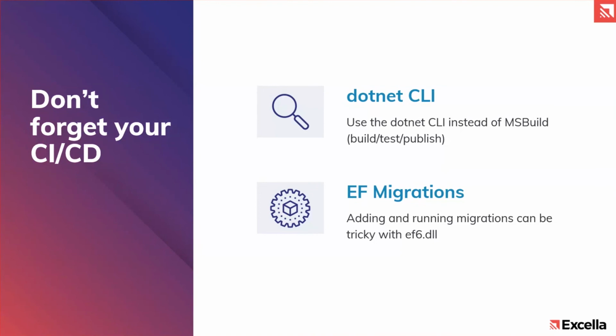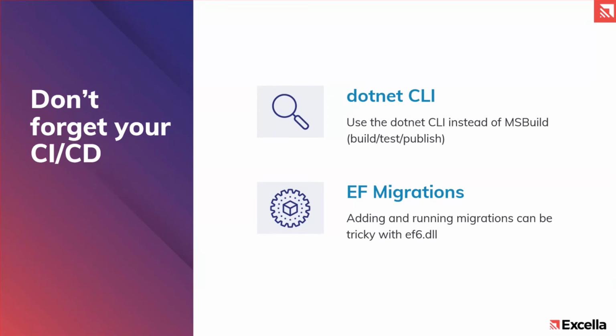So I think most of you will use MSBuild right now if you're on that framework. You will instead need to migrate to the .NET CLI and have dotnet build, dotnet test, dotnet publish instead. It's a very simple transition, I will say. MSBuild is very convoluted, with a lot of parameters you need to send in. The .NET CLI will just kind of work out of the box. So just remember to do this, but this is actually a very easy step and worked really well for us.